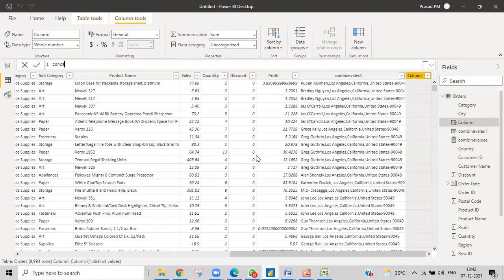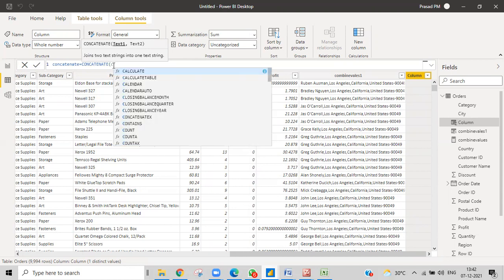Concatenate equals concatenate. We'll have concatenate and concatenateX. We'll read about concatenateX later, because that is a somewhat advanced concept, iterative functions, which I'll let you know later.